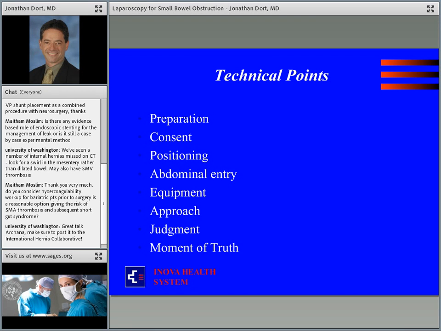If you are not making progress, change it up. Change the positioning, change your camera angles, try new trocars. Spending an hour looking at the same tissue is not helpful to the patient or to you, and you have to always be making progress. At some point, and I call this the moment of truth, you have to determine that